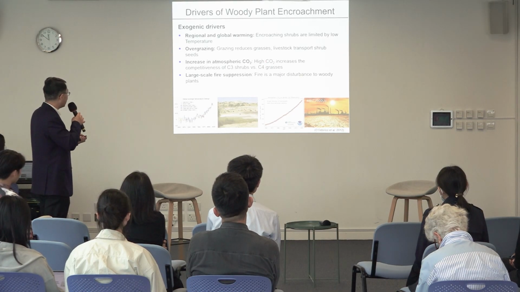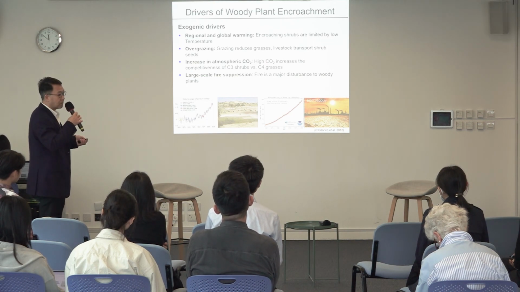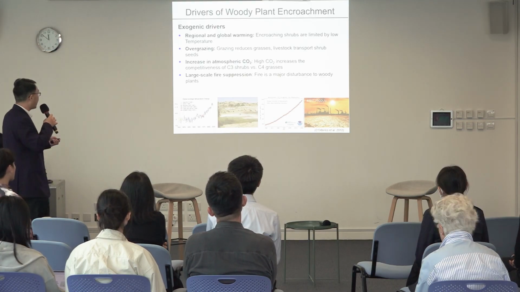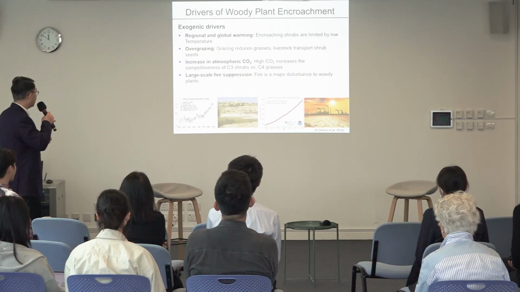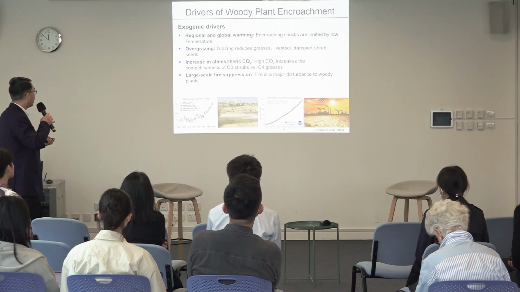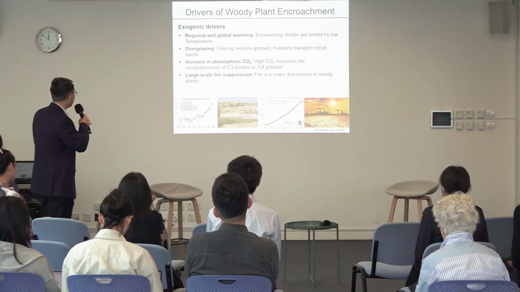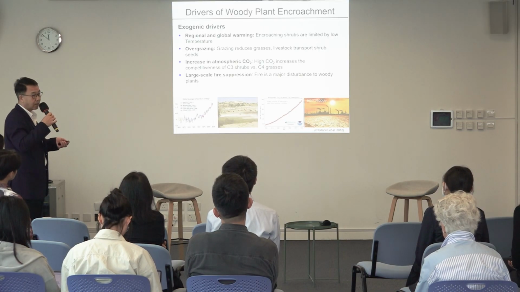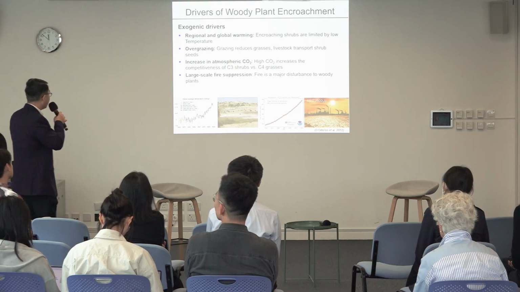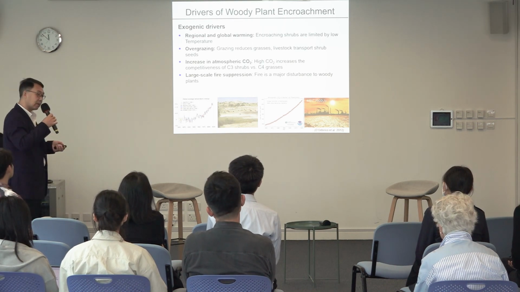Increasing atmospheric CO2, this is a little bit technical. You end up with high CO2 that would benefit the grasses versus shrubs differently, right? We have so-called C3 shrubs versus C4 grasses in terms of their photosynthesis process. If you have high CO2 in the atmosphere, that could benefit shrubs more than grasses, right? So that therefore the shrubs will gain competitiveness compared to the C4 grasses. And then the large-scale fire suppression could also play an important role in terms of how they affect grasses versus